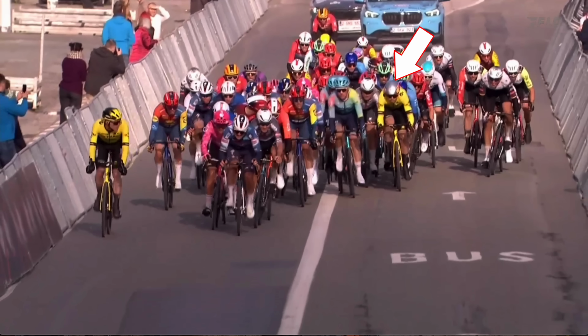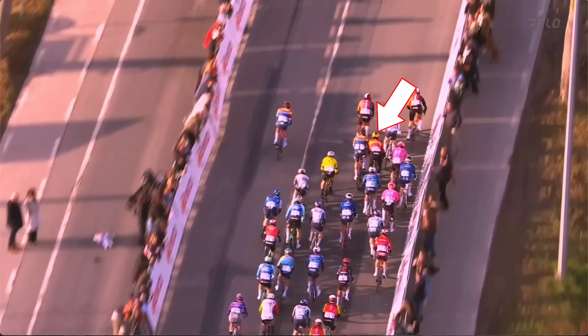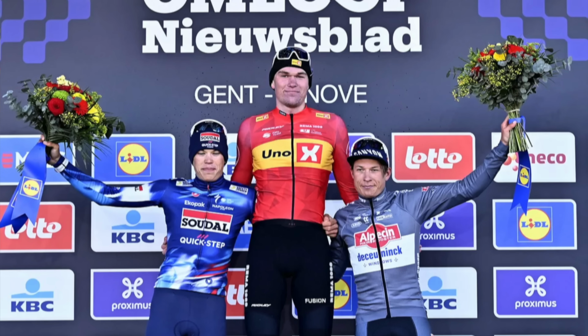Once we get a little bit further, as I told you live, he bumped shoulders there with Vasek from Lidl-Trek, found his way out, threw in a huge acceleration, held off the number one sprinter in the world, Jasper Philipsen, and one up-and-coming sprinter, Paul Magnier, to win today's Omloop. Congratulations. Magnificent result and a fantastic first classic here of the